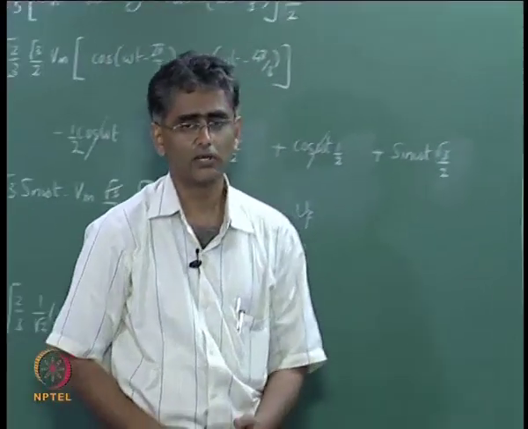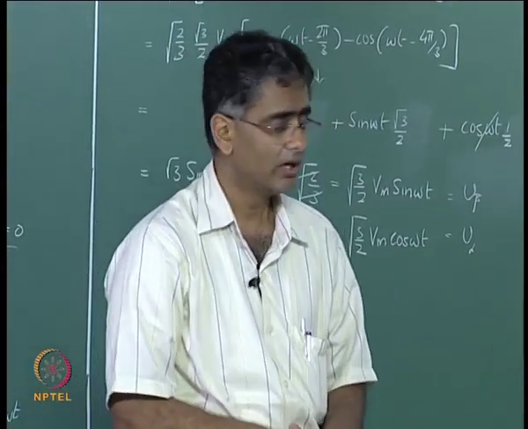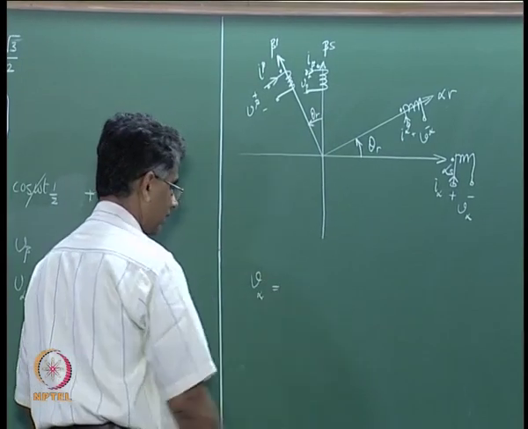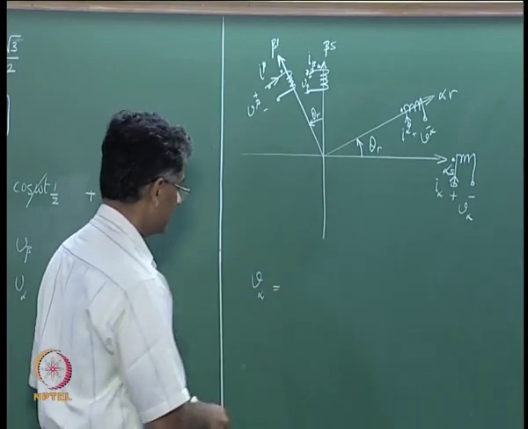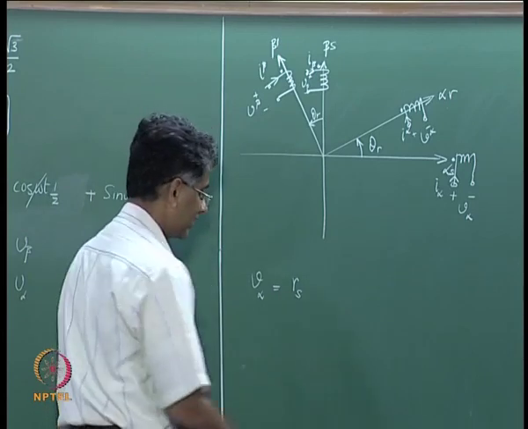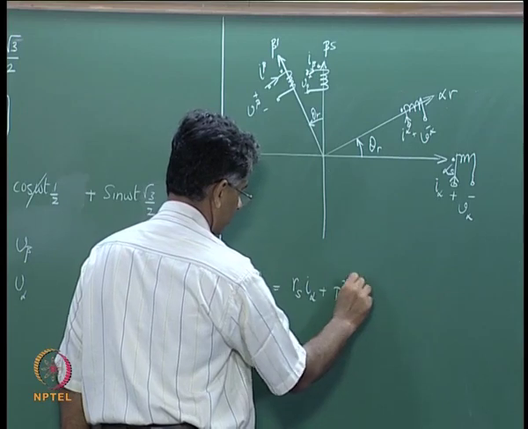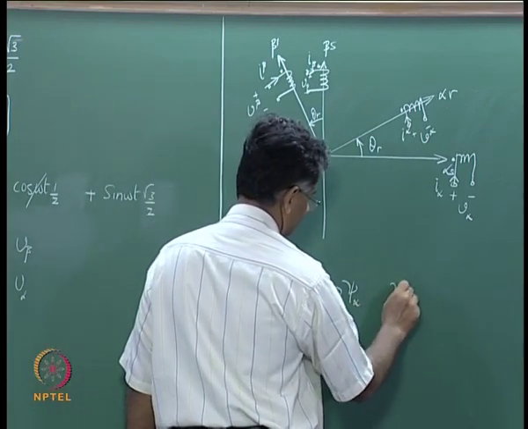So, this is a general representation of a 2 phase machine. How does one write equations for this? If you want to write the expression for V alpha, that is applied voltage on the stator alpha phase, you would write Rs, resistance of the stator, times I alpha plus P times psi alpha, and psi alpha